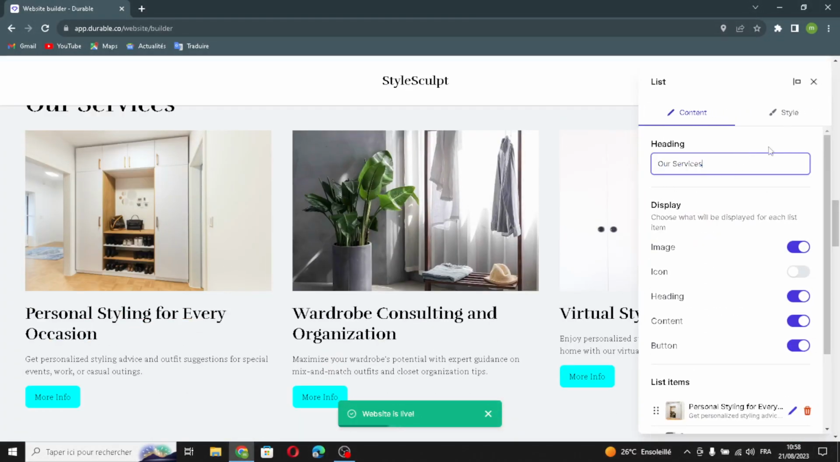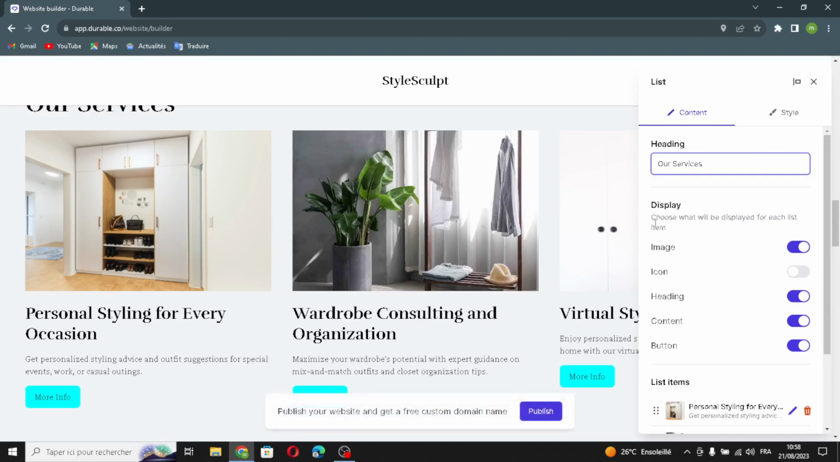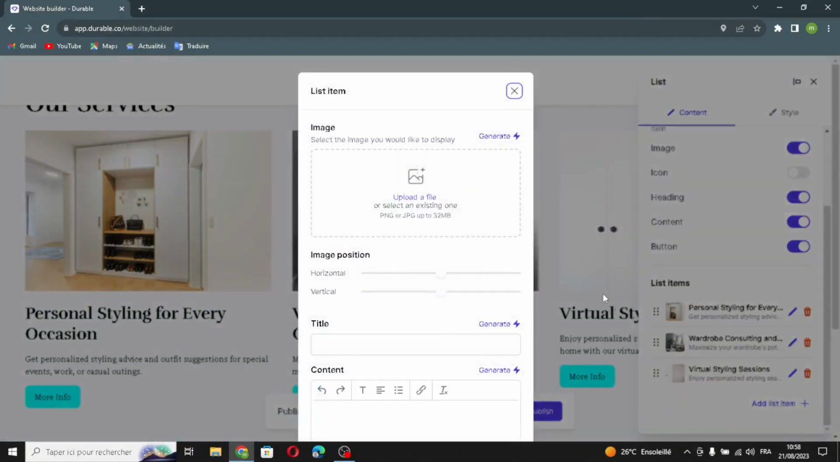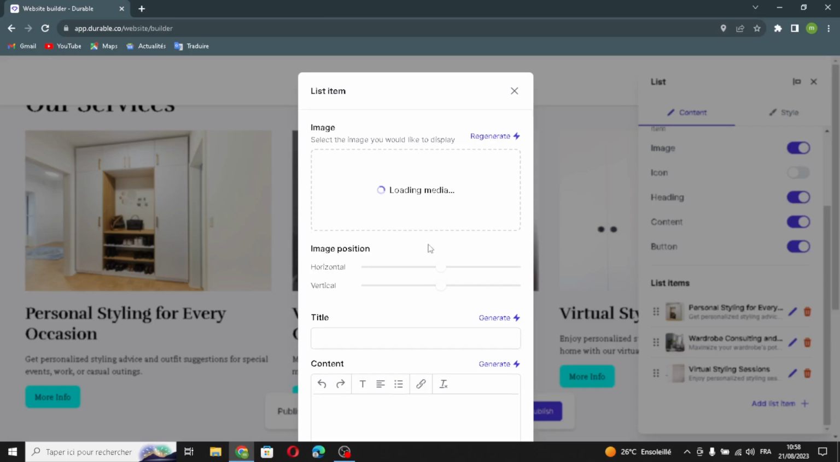Now if you want to change the heading, you can change it. Here, if you want to edit the display settings, it shows what will be displayed for each list item. Also here, if you want to edit your list items, you can add a list item, or you can just generate another image. Here, if you want to edit the image position,